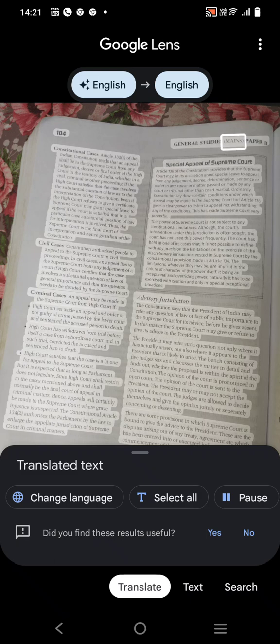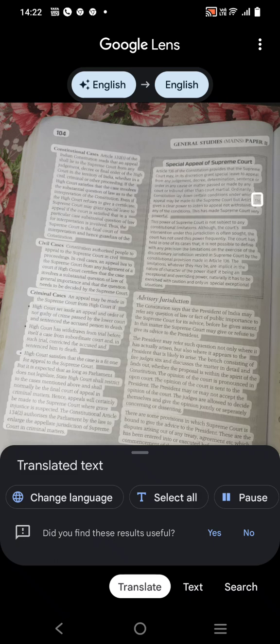General Studies, Mains, Paper 2. Special appeal of the Supreme Court. Article 136 of the Constitution provides that the Supreme Court may, in its discretion, grant special leave to appeal from any judgment, decree, determination, sentence or order in any cause or matter passed or made by any court or tribunal other than a court-martial. Ordinarily, the Constitution lays down certain conditions under which an appeal may be made to the Supreme Court, but